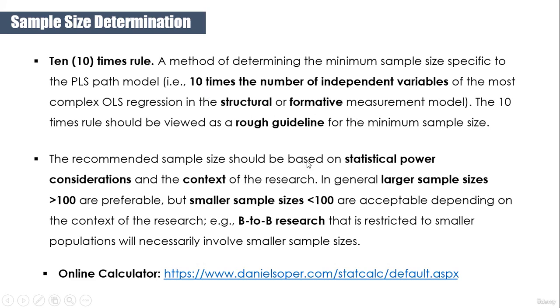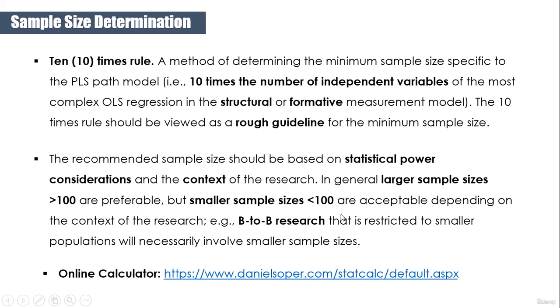But it is a very rough guideline, which means the minimum sample size is 30. Actually, we do not follow that minimum sample size rule. Researchers suggest that for PLS-SEM, you must select a sample size of more than 100, and it can vary depending on your research context. For example, in a B2B study, a sample size of less than 100 can be acceptable,